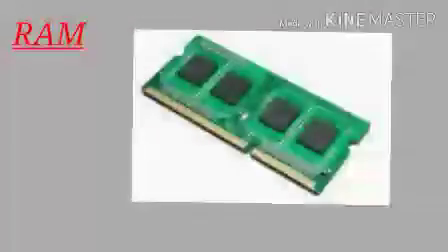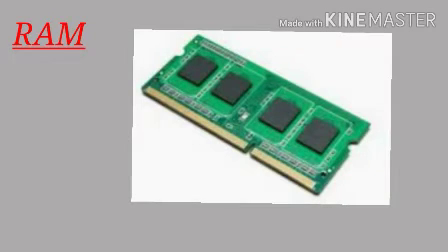Now, what is RAM? RAM memory is used as the main primary memory. RAM holds data and programs for the CPU to use. The CPU can read from the RAM and write into it. This kind of memory is also called read-write memory. In RAM, the information is stored temporarily because its information gets erased when the computer is turned off.